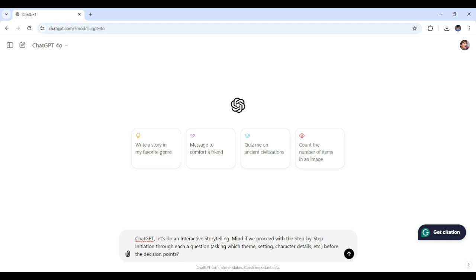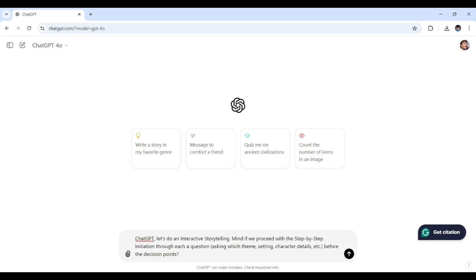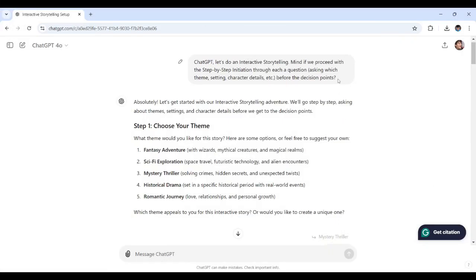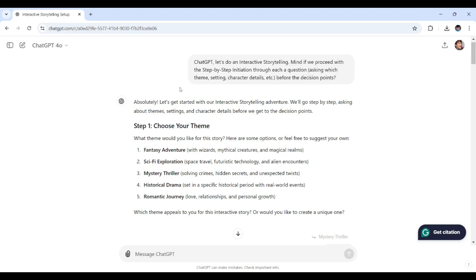Now, with these put together, let's send this off by clicking send, or you can press enter. Here we go. All right, here's the prompt that I just sent over. So with this, ChatGPT just laid it all out with the step-by-step initiation. Now, let's walk through every step,